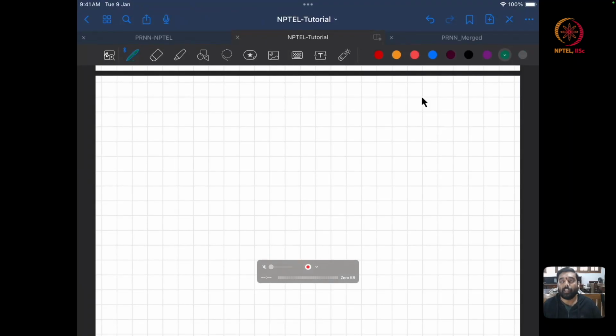Hello all, welcome to this tutorial in which we will be looking at obtaining the analytical solutions for some of the MLE estimates. In the class, sir has done a couple of examples, and the steps there were left as an exercise for students. In this tutorial, I will fill in those steps and give you a full-fledged detailed